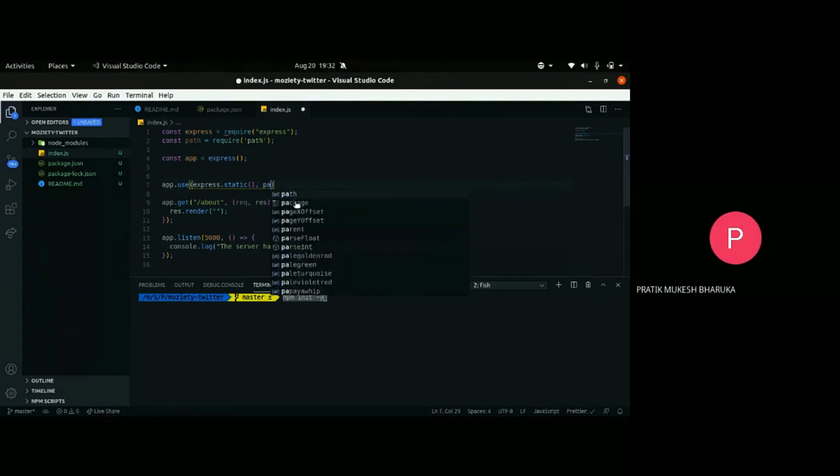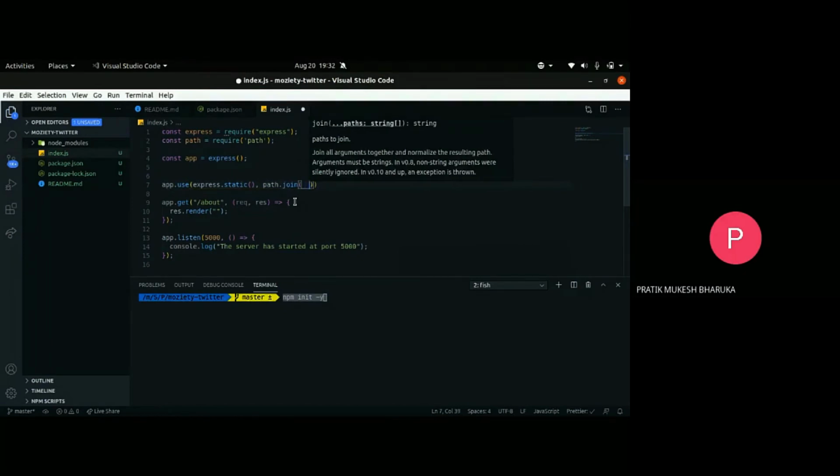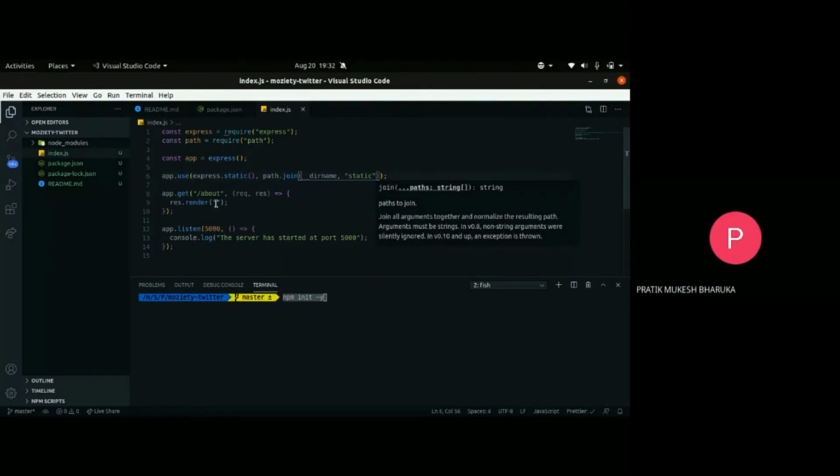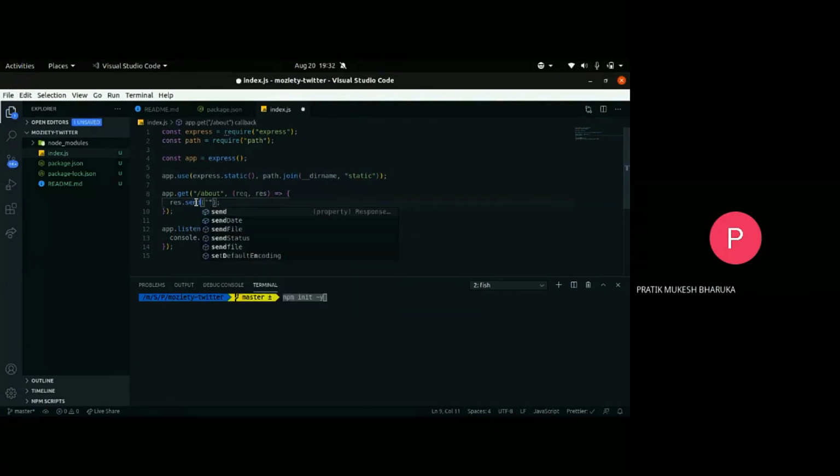So you'll have many different pages, right? A route is kind of an address when you enter a particular website URL. Here we are defining, if you see line number 8, app.get, it is slash about. The whole thing is called a route, and we are defining the function here.